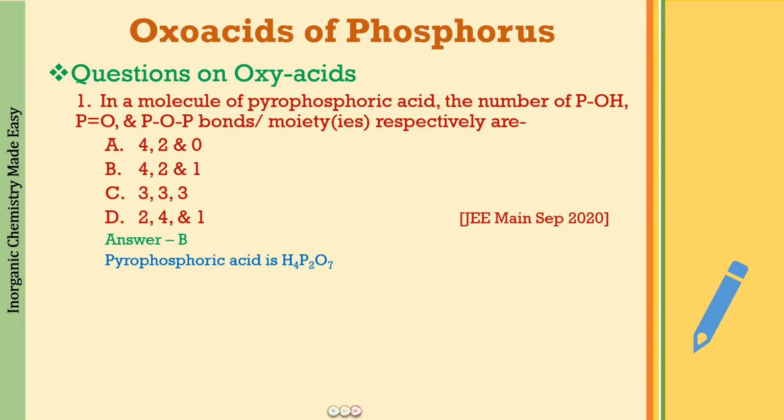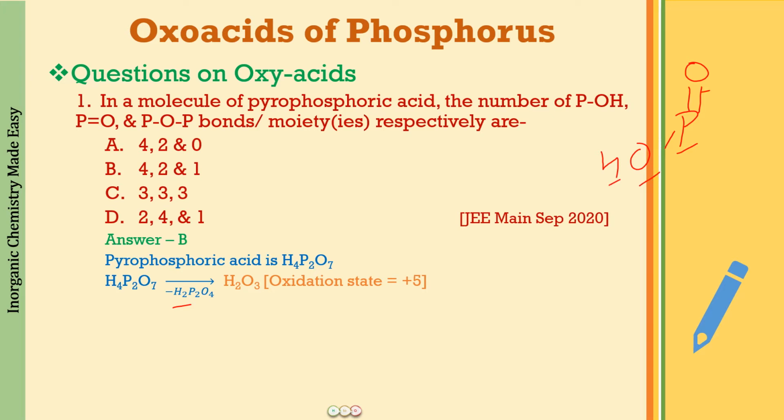In that lecture, we also learned how we write the structures for these compounds. So the structure we get is that from the formula H4P2O7, we are going to subtract H2P2O4. Why we do that is that for one phosphorus, we always have a P=O and a P-OH. So for one phosphorus, there is always going to be one hydrogen and 2 oxygen. And if it is going to be 2 phosphorus, it is going to be H2P2O4. So this has to be in the structure definitely.